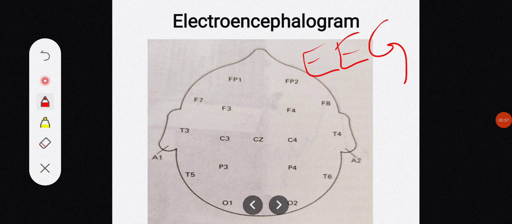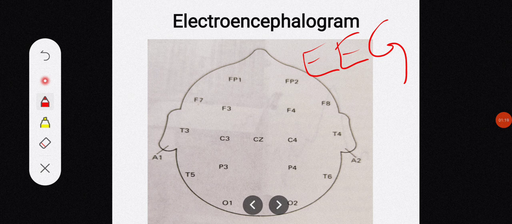When these bioelectric potentials appear at the surface of the scalp and we use a measuring electrode to record them, then the graphical representation of these bioelectric potentials that we get is